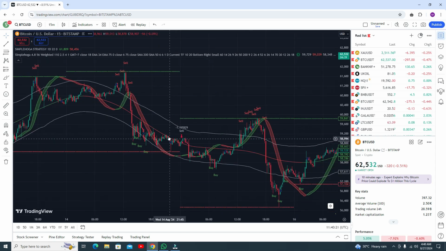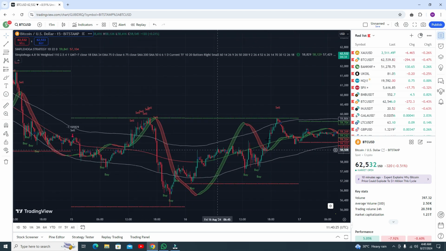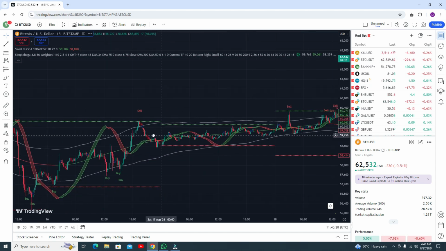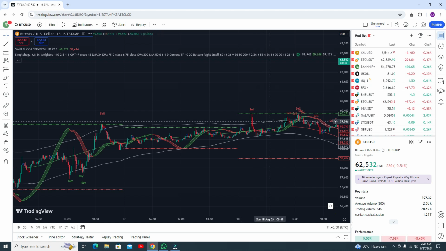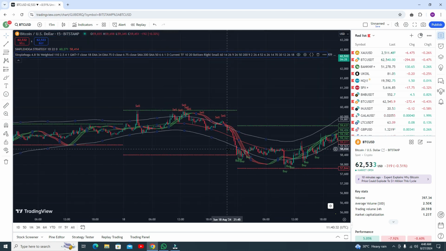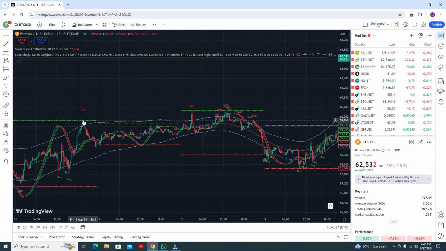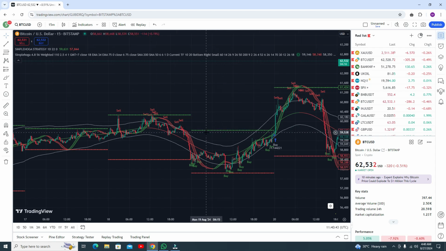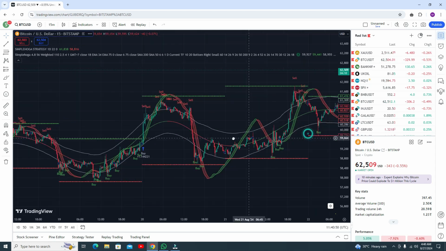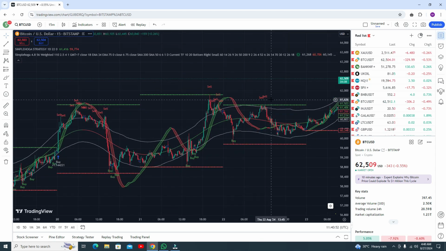In the next trade you got the sell signal. Now you can see it's profitable. Go to another sell position, another sell position, and you can see you got amazing profit. Sell position, sell position, and you got profit. Now you need to go to another sell position, but you got the buy signal, so you go to a buy trade and it's profitable. Buy trade, profitable, buy trade, profitable.